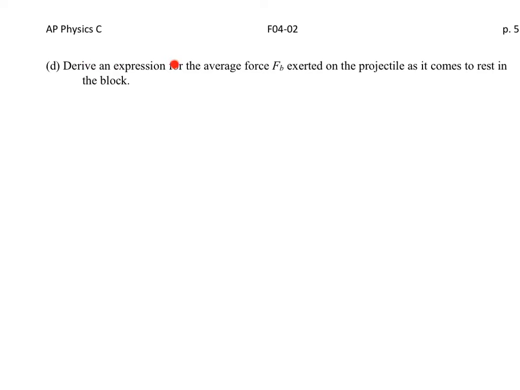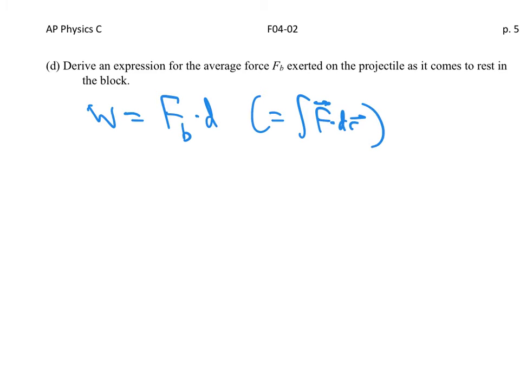Part D. Derive an expression for the average force F sub b exerted on the projectile as it comes to rest in the block. So here we're probably going to go through something like saying, well, the work done is going to be FB times the distance, which is really the integral of F dot dr. But we're looking for the F average, so we can just take that outside. So we get that minus a half times